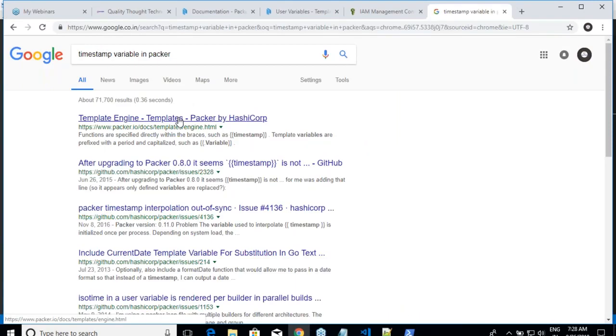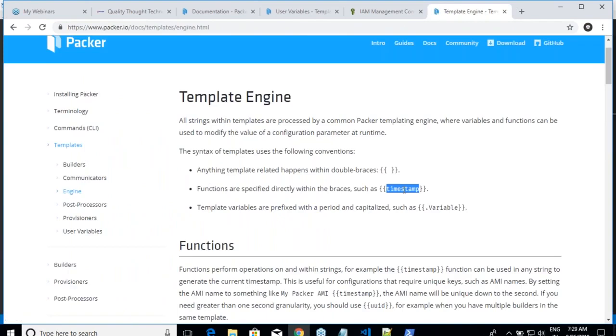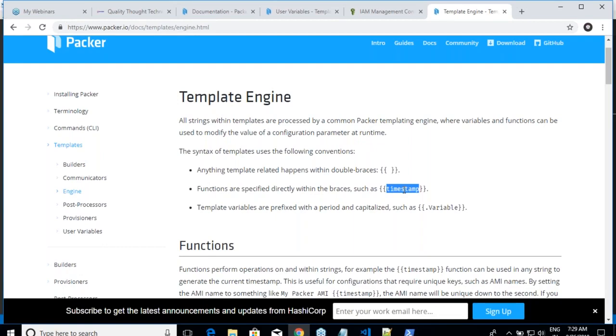What will happen when you use this? Image from Packer hyphen and you will get some timestamp. So whenever you are building the image for the same time, next time the timestamp will not be the same. So what is the timestamp? Timestamp is hours, minutes, seconds, and date written in a number format. So whenever you are doing for the next time, you will not be generating or executing the same command during the same second, right? It will take some time. So you'll get a new image ID. But if you want to have only one image, go with hard-coded approach. But if you want to have multiple images, just use this timestamp kind of an approach, right? Let us see.